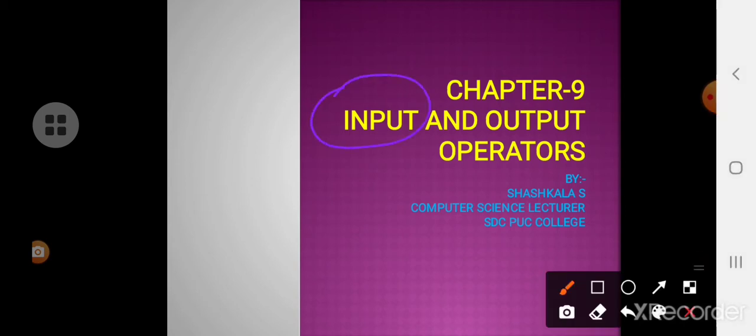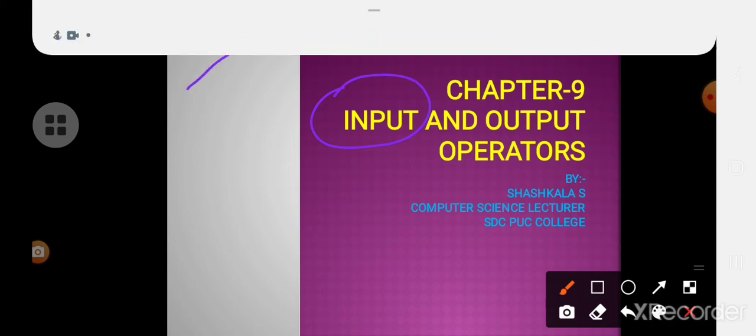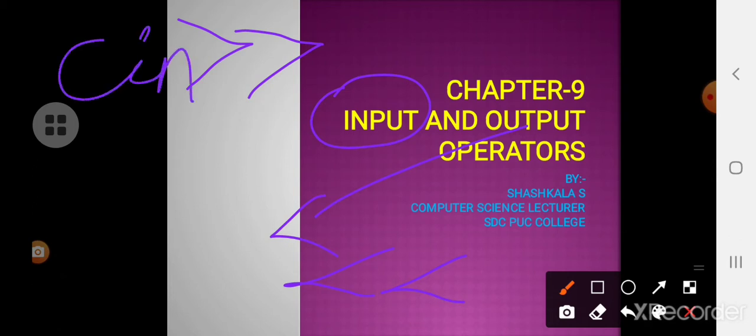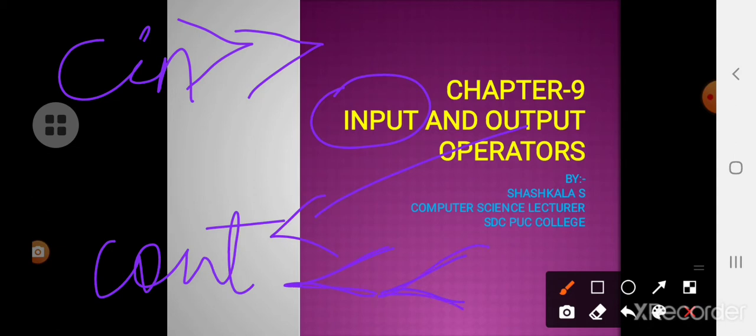For the input operator, we mention it like this, and for the output operator, like this. For Cin we give this symbol, and for Cout we give this symbol.